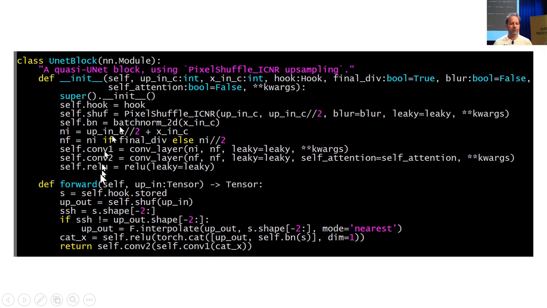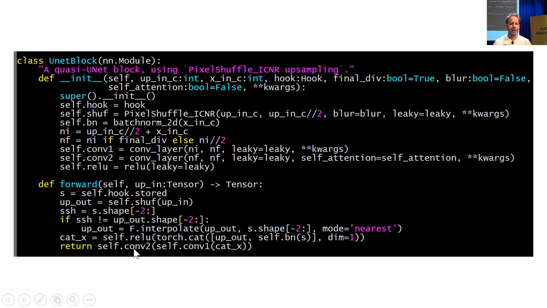Okay? And we grab the result of the stored value in that hook, and we literally just go torch.cat, so we concatenate the upsampled convolution with the result of the hook, which we chuck through batch norm,